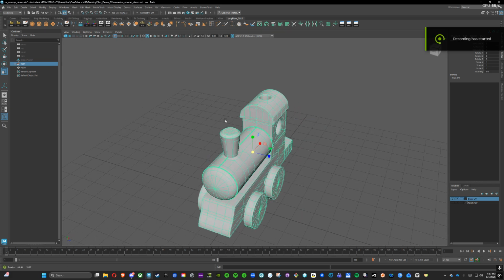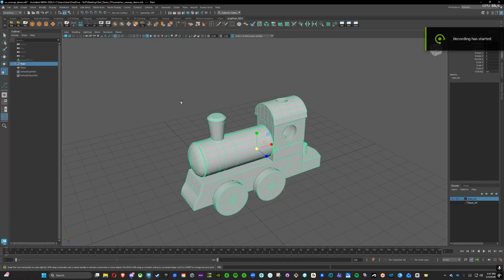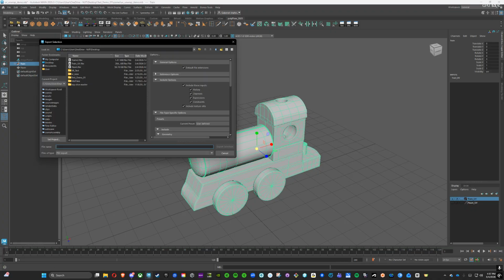Alright, now we're going to export the model to Substance Painter. So having my model selected, make sure delete history, freeze transformation, center pivot, and save. Go to export selection and put it to your desktop or whatever. I'm going to go over my last